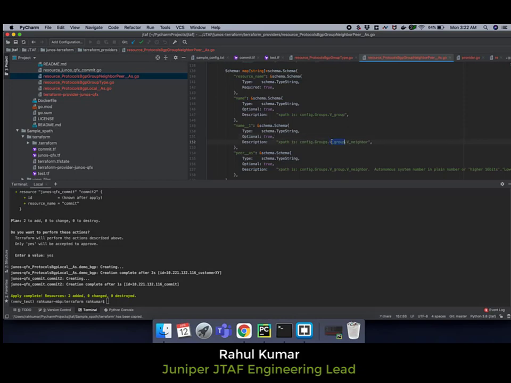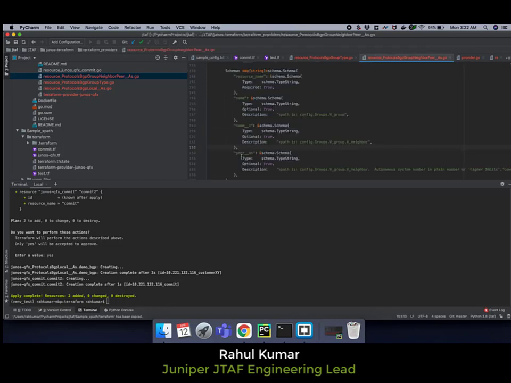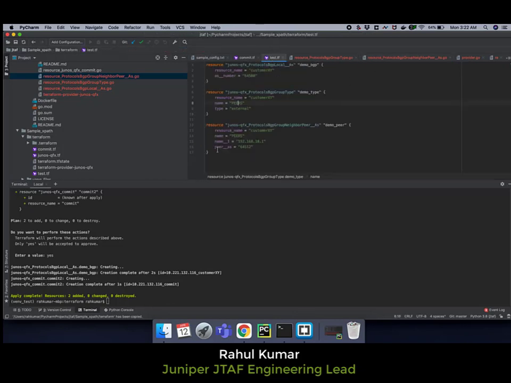So v underscore is appended before every element to make it Go compatible. Then peer AS is 64512, which is this, and if you see the test file, I've given the same. The parent key is peers, then name underscore one has the neighbor related key, then peer AS has the value. Every time we modify the test file, we will have to do terraform init again.